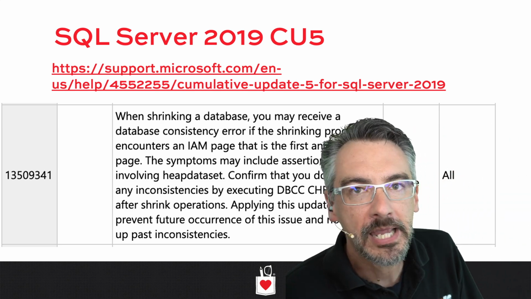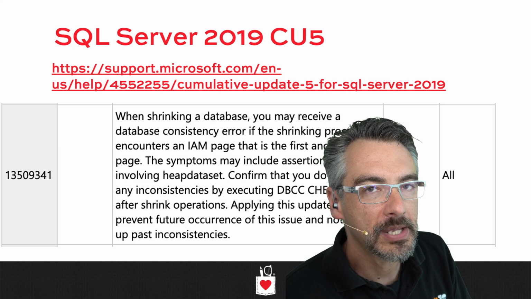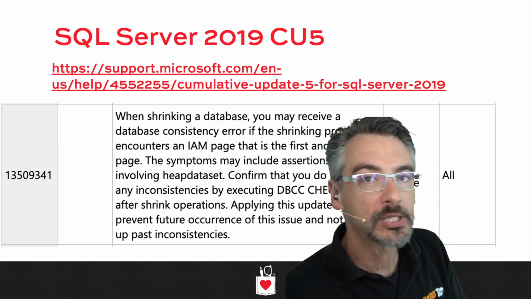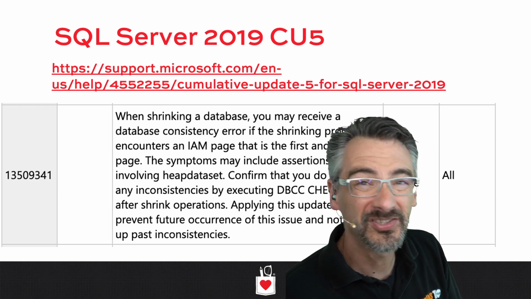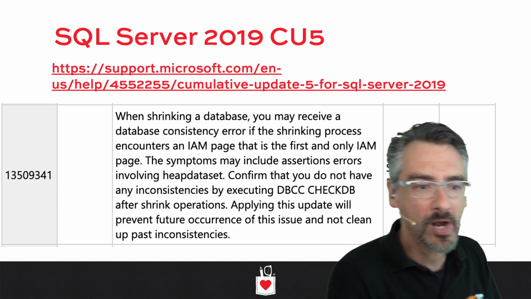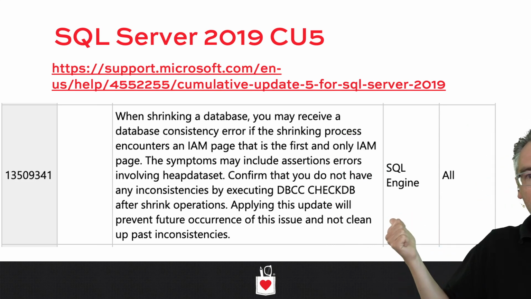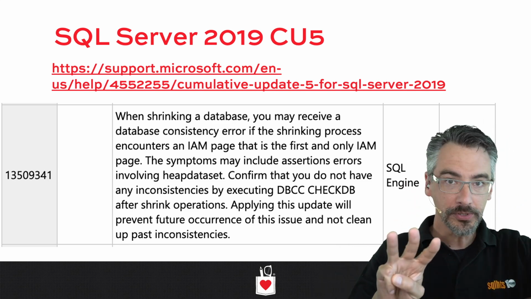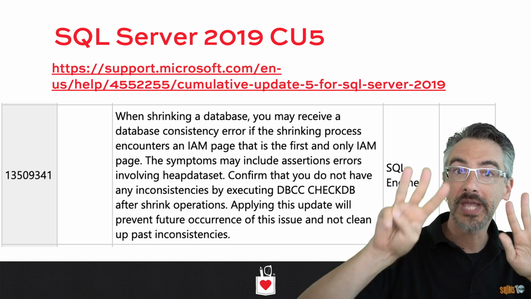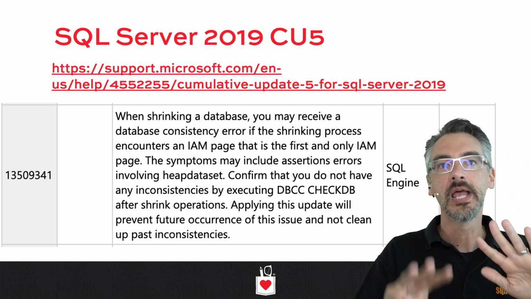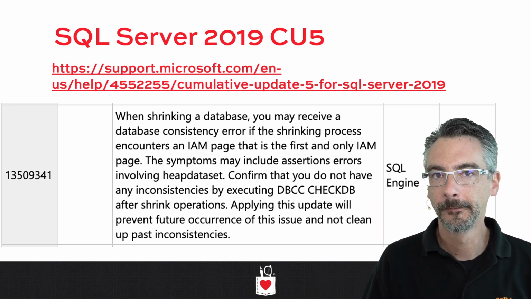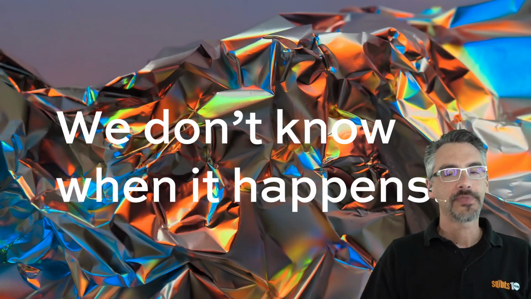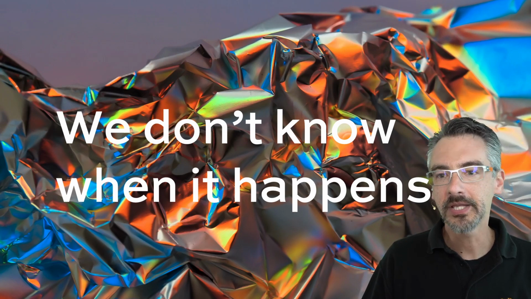Okay, look. The people who know not to execute shrinkdb also know to check for corruption. But the people who are crazy enough to run database shrinks, they're not savvy enough to check for corruption. This is preaching to the choir. This doesn't even make sense. These are 3 instances. SQL Server 2019 has had 5 CUs, and 3 of the 5 CUs have been fixing corruption bugs. So corruption happens all over the place, and we don't know when it strikes